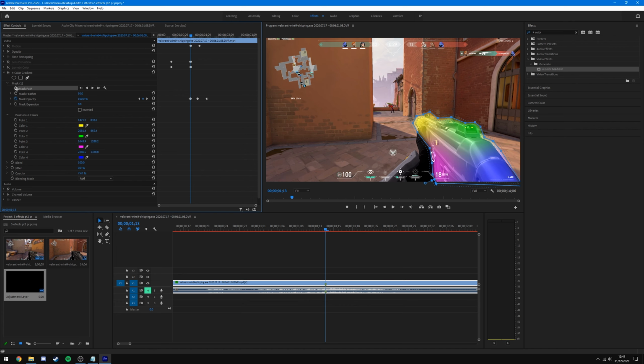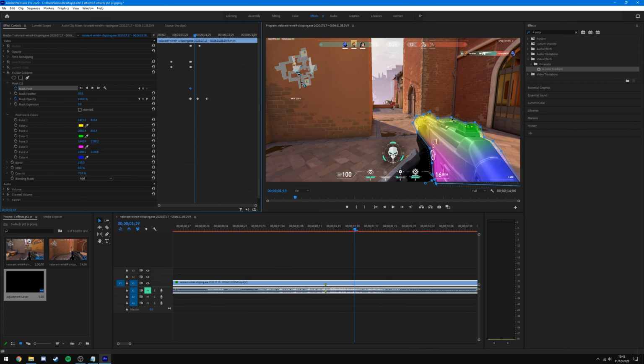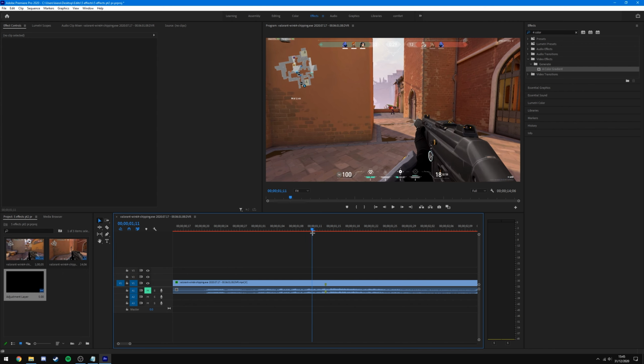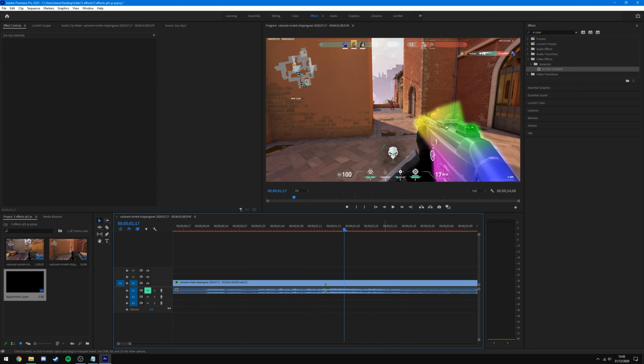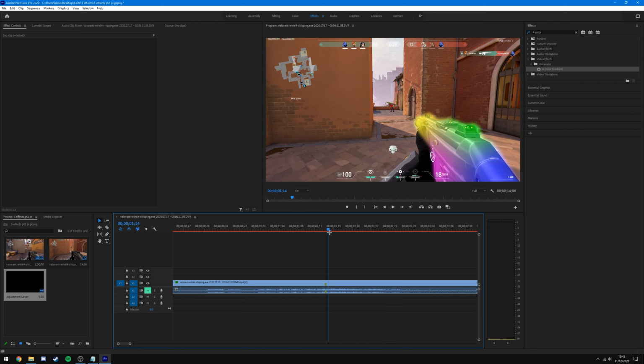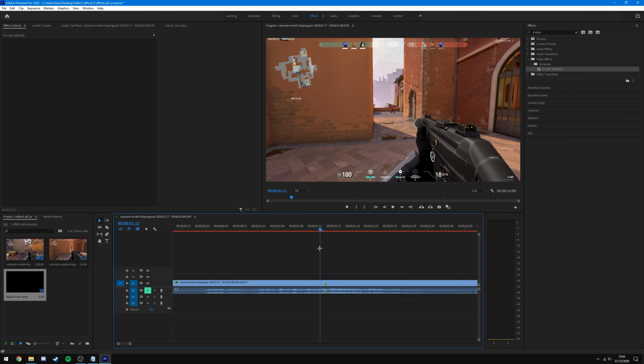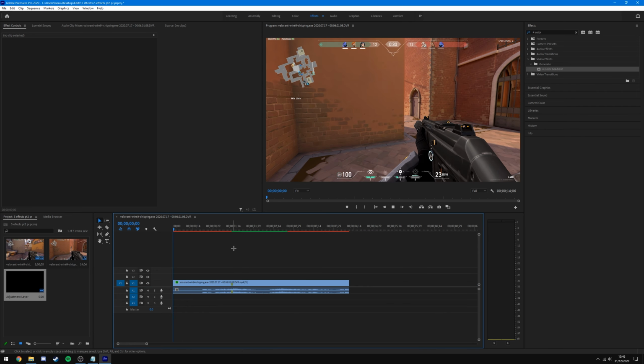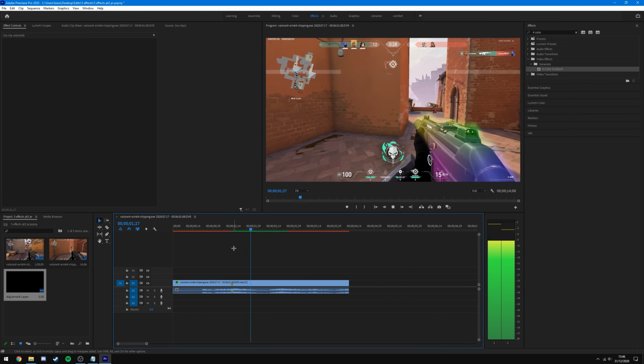You can see here's the mask path, so I can keyframe that, and then I can go forwards in time, edit the mask like this, so I could bring, say, this one up like that, just for demonstration purposes. And then you'll see over time the mask will animate just like that. So you can animate it over time to make it stay around the gun if you want to. I'm not going to bother for the sake of the tutorial because I think it just about stays on enough before it fades away. So if I play that for you,